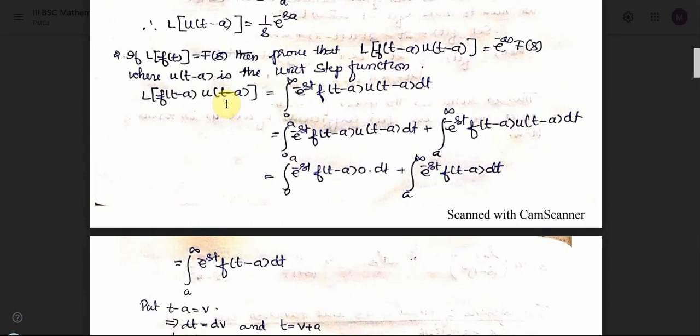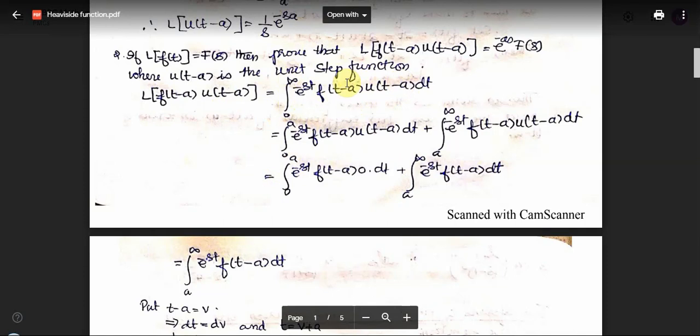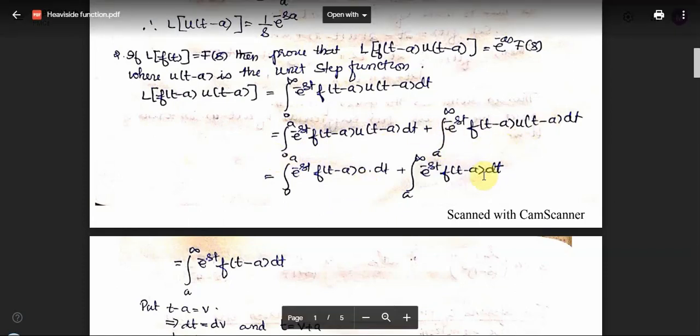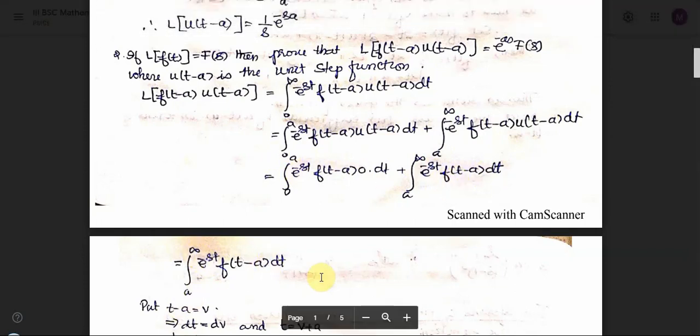L of f of t minus a into u of t minus a. By definition, it is the integral from 0 to infinity of e power minus st into f of t minus a into u of t minus a dt. As before, because the function u of t minus a breaks at the point a, we will break the integral from 0 to a and from a to infinity. Substitute for u of t minus a. From 0 to a, the value is 0, and from a to infinity, the value is 1. Therefore, the first integral vanishes and we have the integral from a to infinity of e power minus st into f of t minus